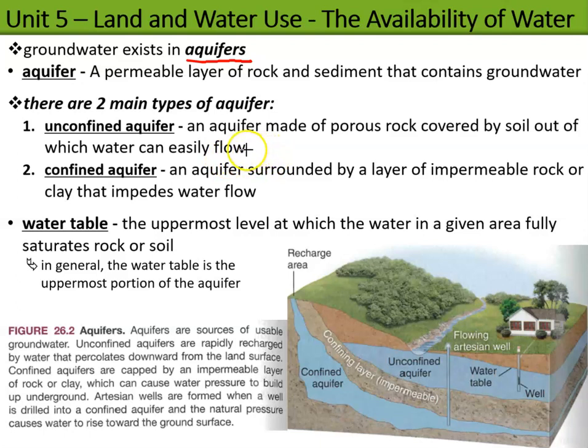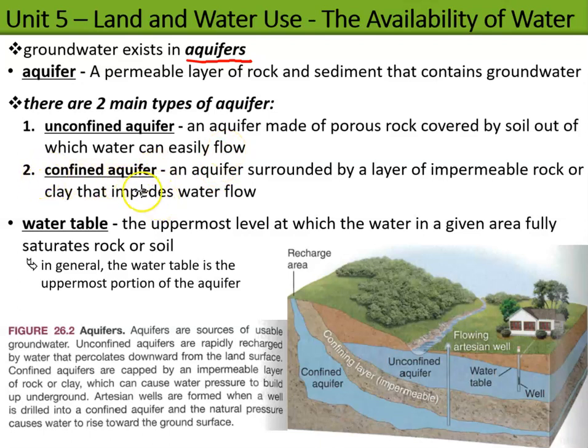So basically, an unconfined aquifer is open to the surface. If you're standing on the ground, on the surface, and you were to go down through the soil, you would eventually meet water that is held in this unconfined aquifer, and there's no barrier between that and the surface, really. It's just digging down some number of feet down to where the water level is. And the water can easily flow down into the unconfined aquifer and likewise can easily flow out of the unconfined